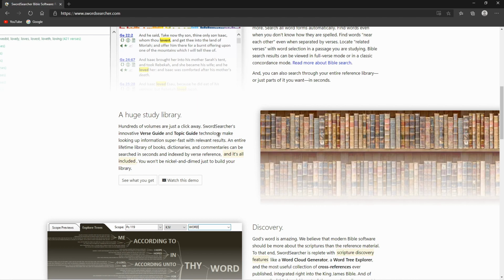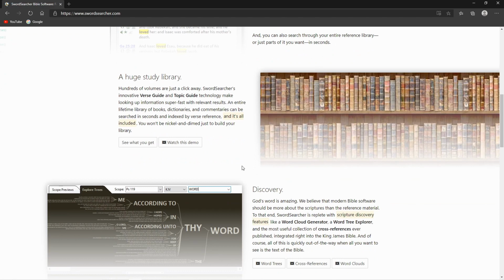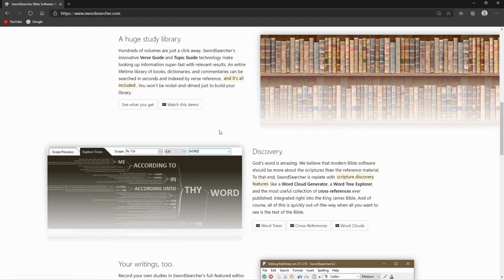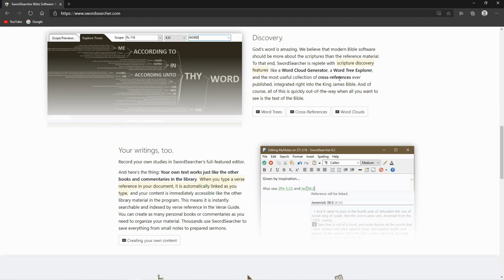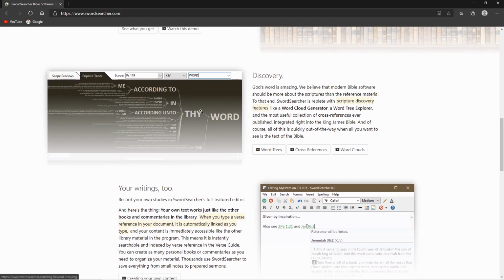Now, again, I'm not trying to convince you to buy this. I'm just saying that is a huge benefit to your library as far as biblical study, and that's just one of the many that you can get on here. That's amazing. I would watch all of these demo videos that they have down here, and it'll really help you as well if you decide to get the software.